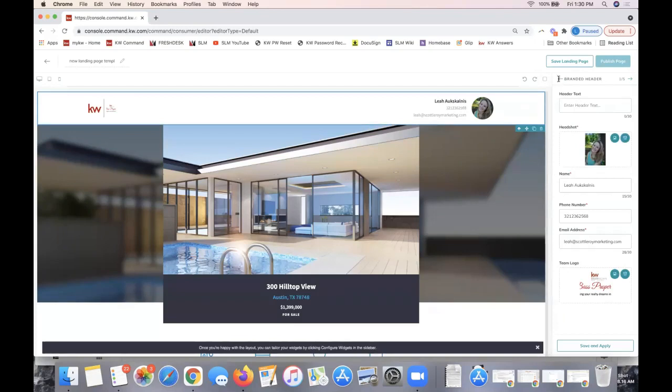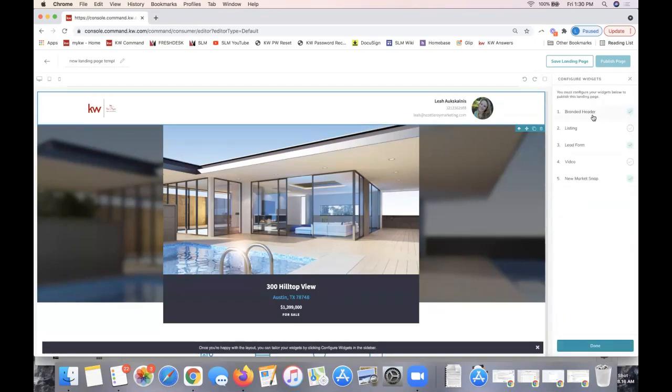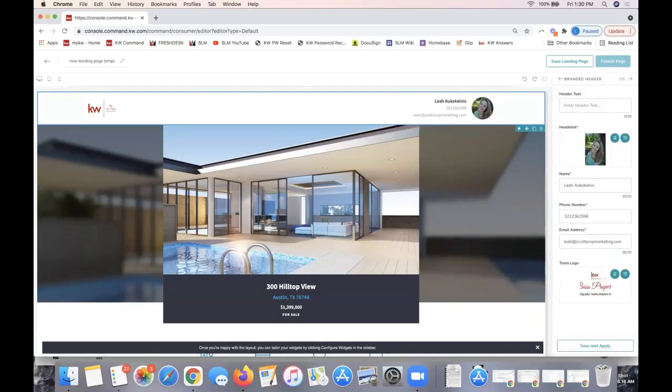So I'm going to click on, sorry, it was a little fast, the very top widget. So whichever one has a 1 next to it, you can go ahead and click on to open. Right, and a lot of this information should be pulling over from your command marketing profile, right? So this is kind of what I was talking about, and you'll see more of this. So this will pull from your command marketing profile, but we can go ahead and edit any information if needed,